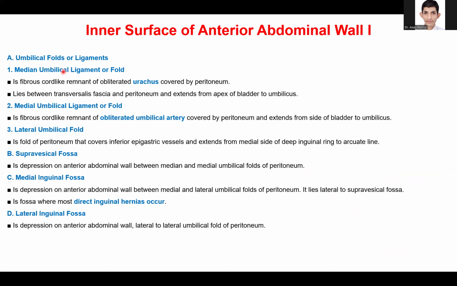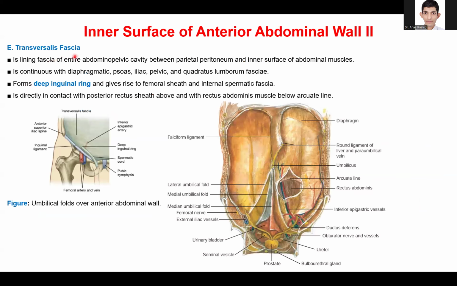Inner surface of anterior abdominal wall, umbilical folds or ligaments. The median umbilical ligament or fold is a fibrous cord-like remnant of the obliterated urachus covered by peritoneum, lying between transversalis fascia and peritoneum, and extends from the apex of the bladder to the umbilicus. Then we have the medial umbilical ligament or fold. Then we have the lateral umbilical fold, supravesical fossa, medial inguinal fossa, lateral inguinal fossa, transversalis fascia. And we can see also in the figure that we have the falciform ligament, lateral umbilical cord, medial umbilical cord also,